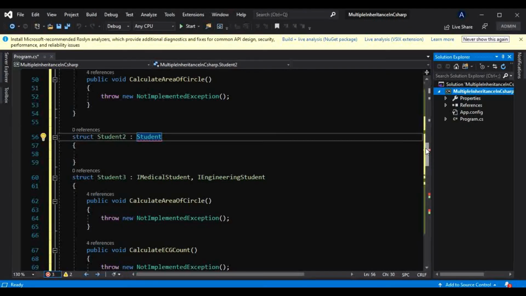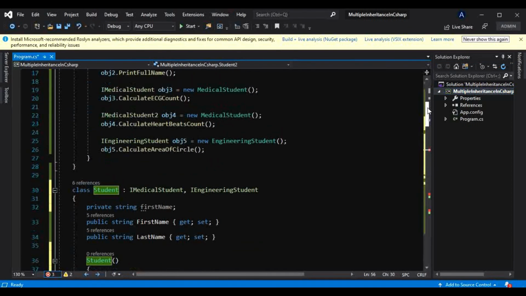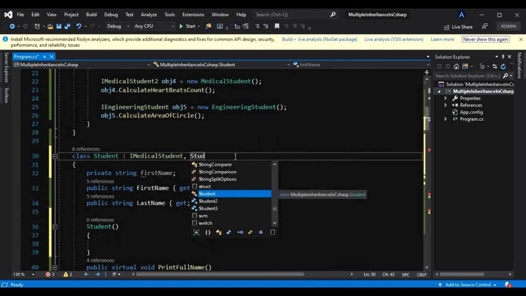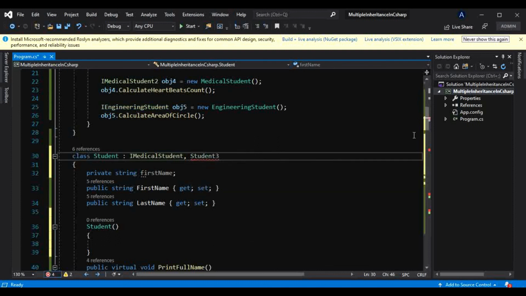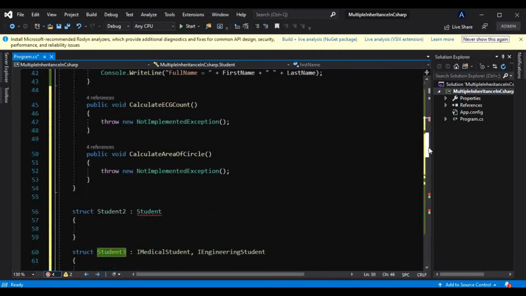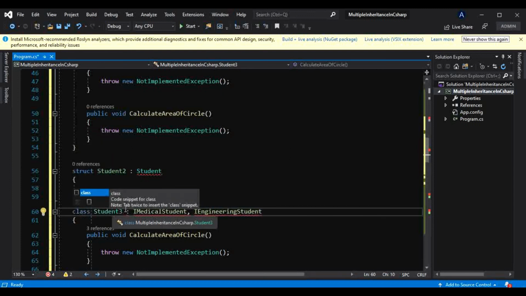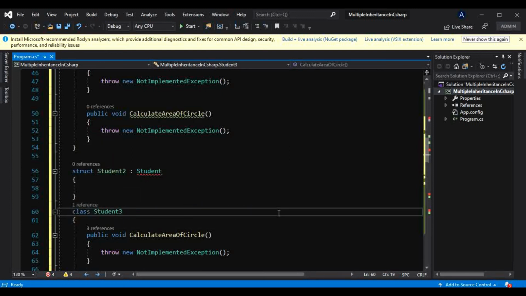So if I show you that thing again, what it says is this class can inherit from this interface as well as a class. I have to make that a class, and let me remove that.